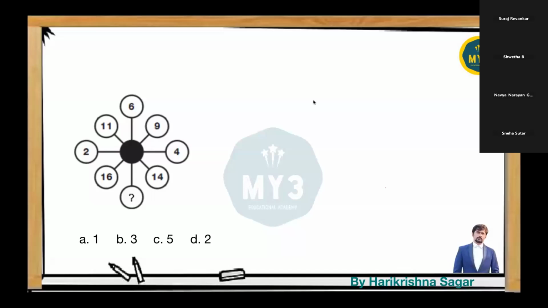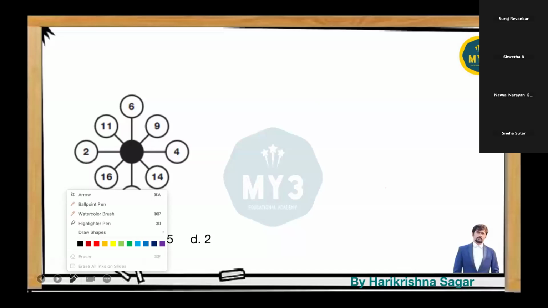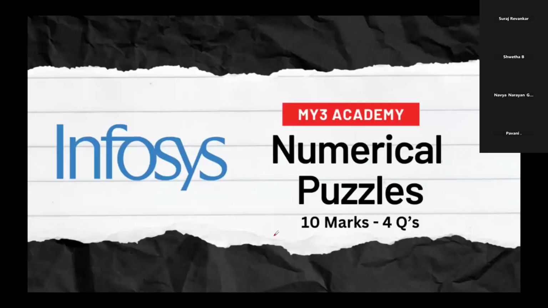Even if it is the first class, there is no issue at all. You can go through the session. This 1 hour session is going to give a clear-cut idea to crack the Infosys paper, especially the puzzles. From the number puzzles, we have 10 marks of weightage, a huge weightage, by covering just 4 questions. So we'll look at those 4 questions.